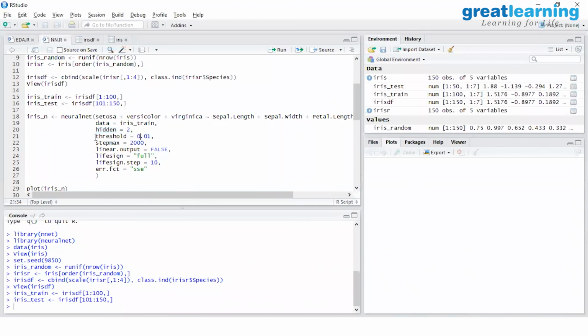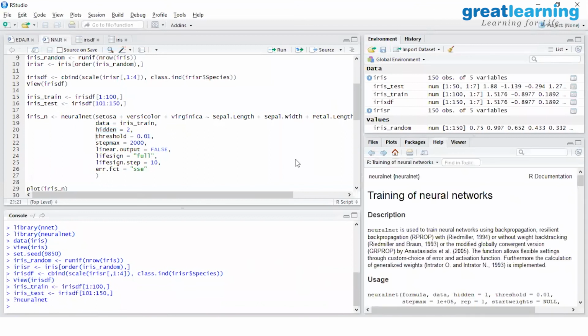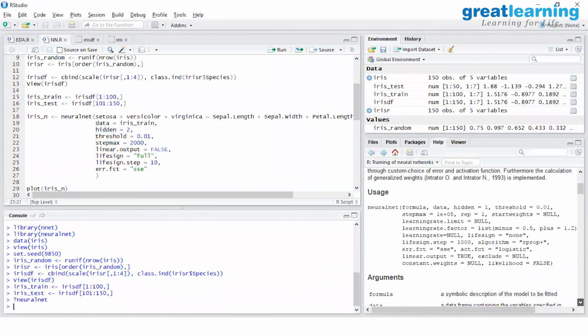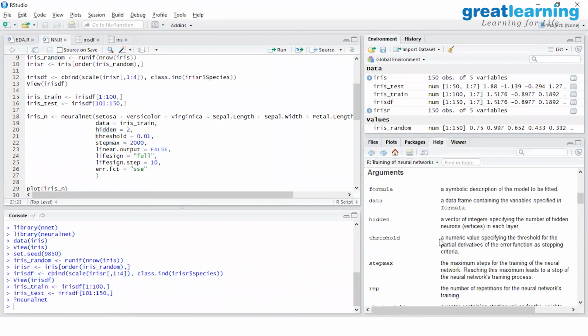Okay. So next is the threshold. So threshold is nothing but a derivative of the error that will be calculated at each step. So we can also see that from the help in R. See the threshold. So threshold is a numerical value specifying the threshold for the partial derivative of the error function as a stopping criteria. So at each step,